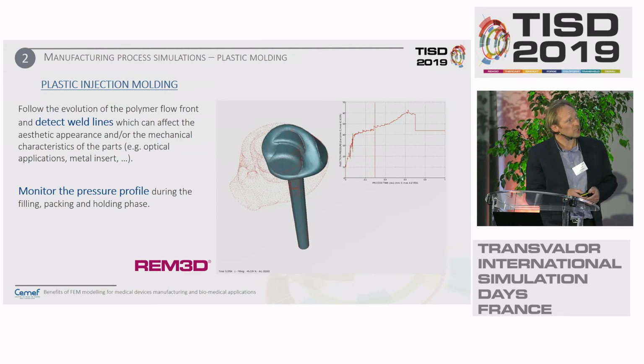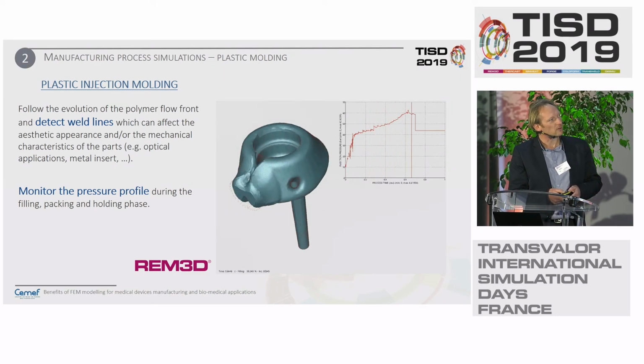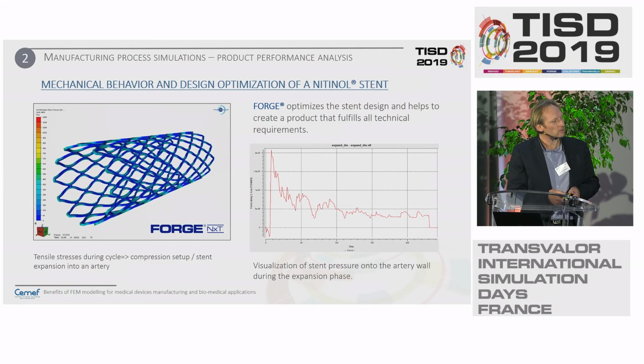Regarding plastic injection molding, you can use REM3D, for instance, to be able to detect the welding lines in that part, or also to monitor the pressure profile inside the mold during the filling, the packing, and the holding phase. And as it has been already mentioned, you have here